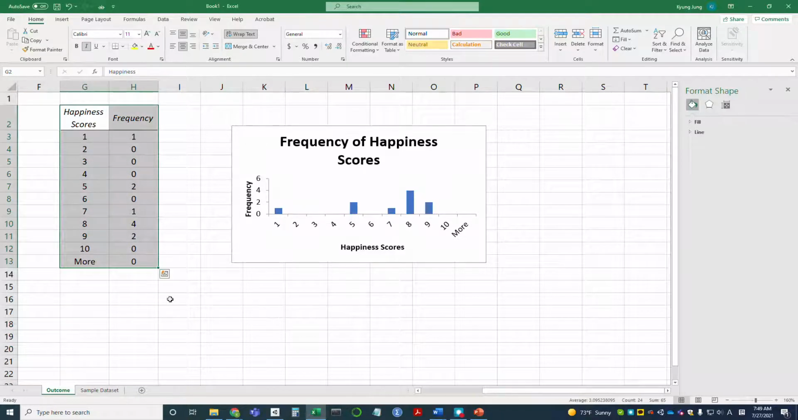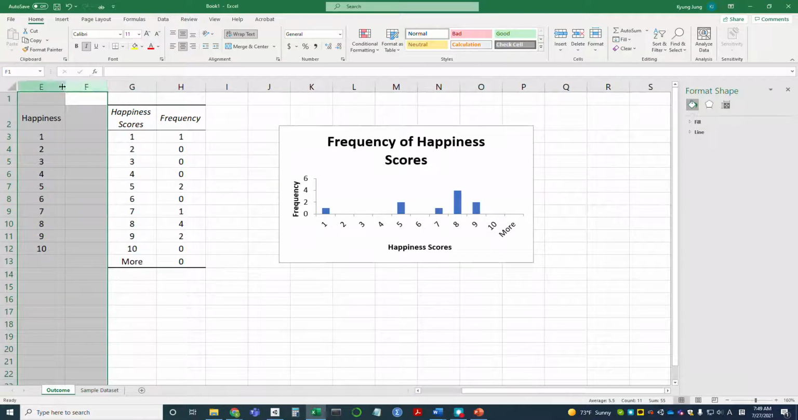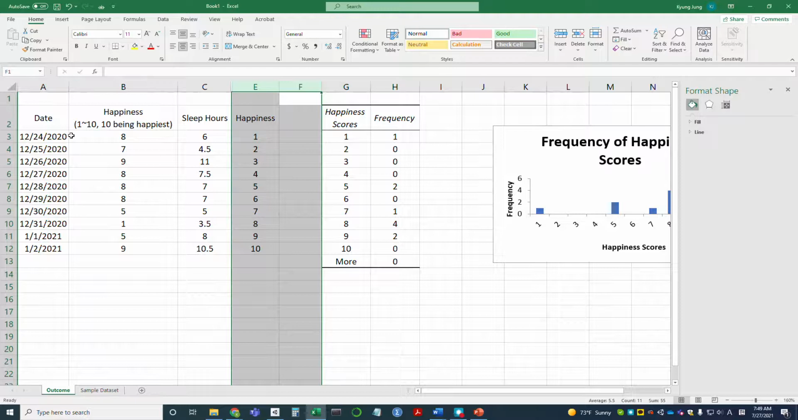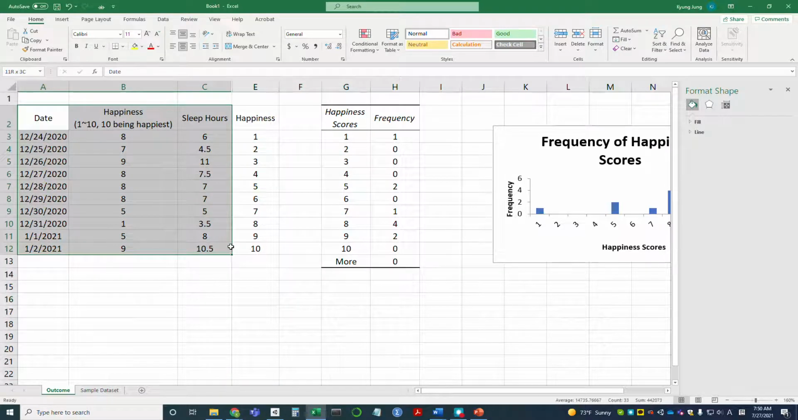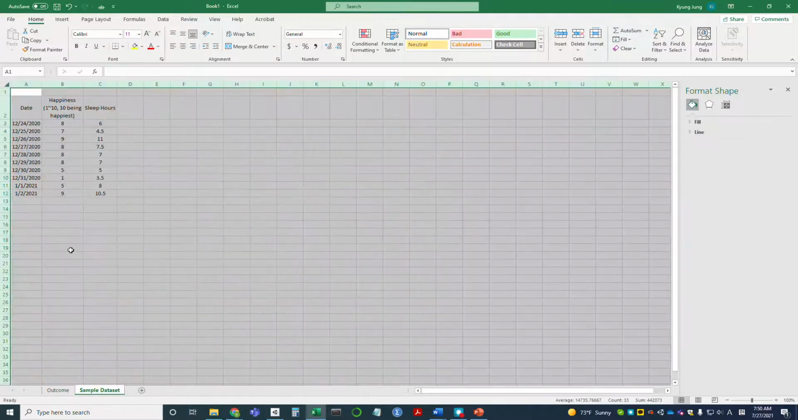I'm going to show you how to make a frequency table like this. This shows the happiness variable's frequency and a bar graph based on this frequency table. This frequency table has been made based on this kind of raw data set, and I'll show you how to make these kind of outcomes based on the same